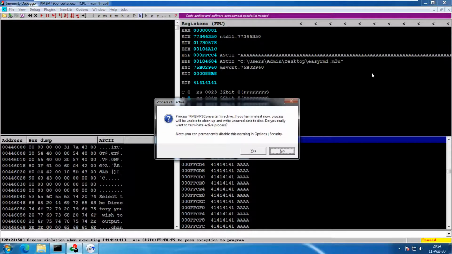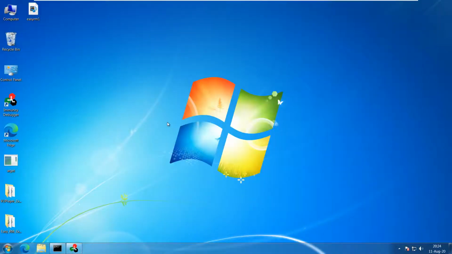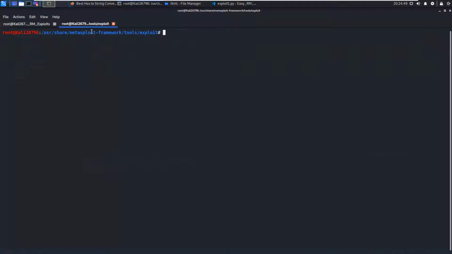So to make it more meaningful, to know what exactly lies behind those things, I'll create a cyclic pattern of length 35,000. In order to do that, I will use the Ruby script stored in this location, /usr/share/metasploit-framework/tools/exploit, and then call the script pattern_create.rb -l 35000.